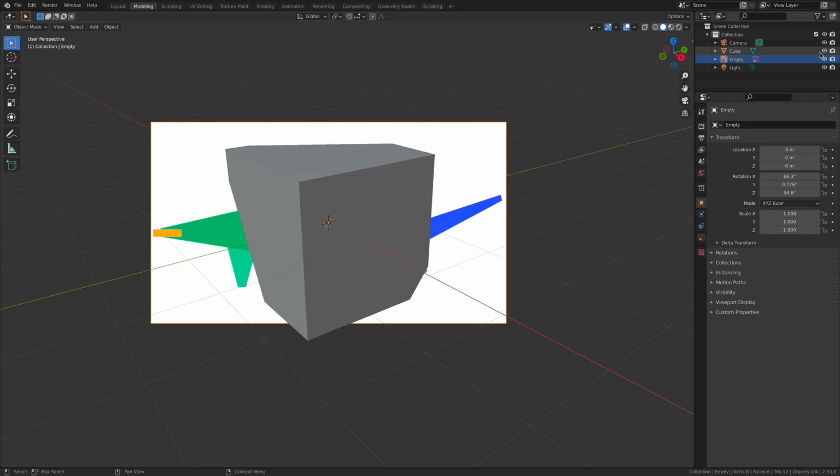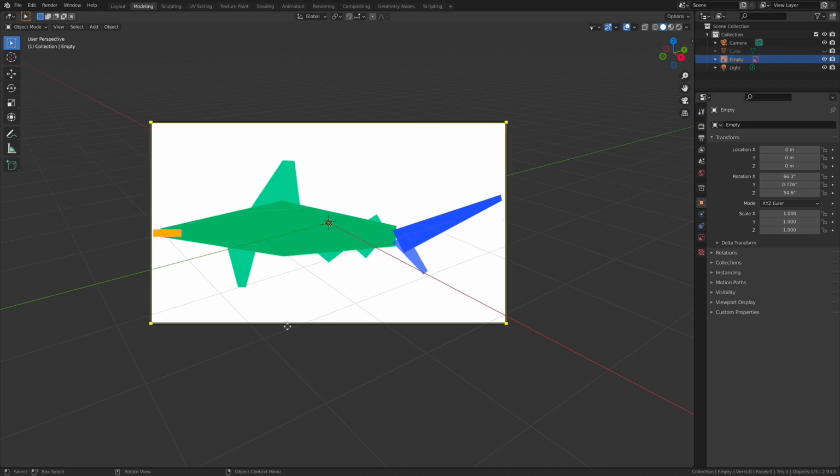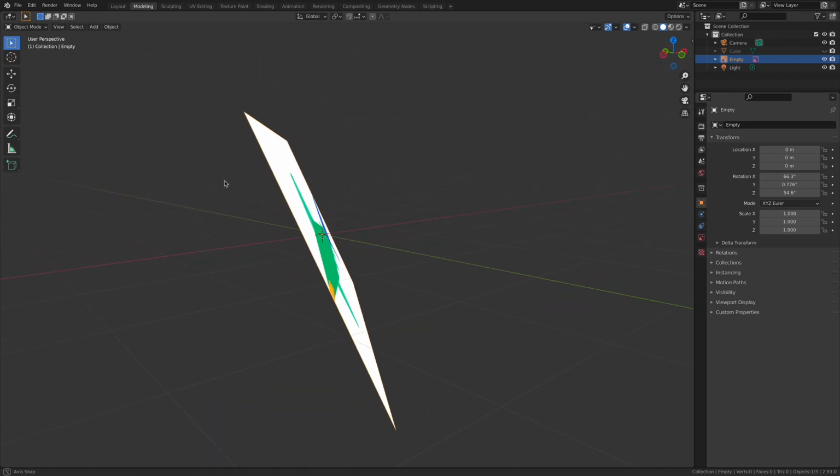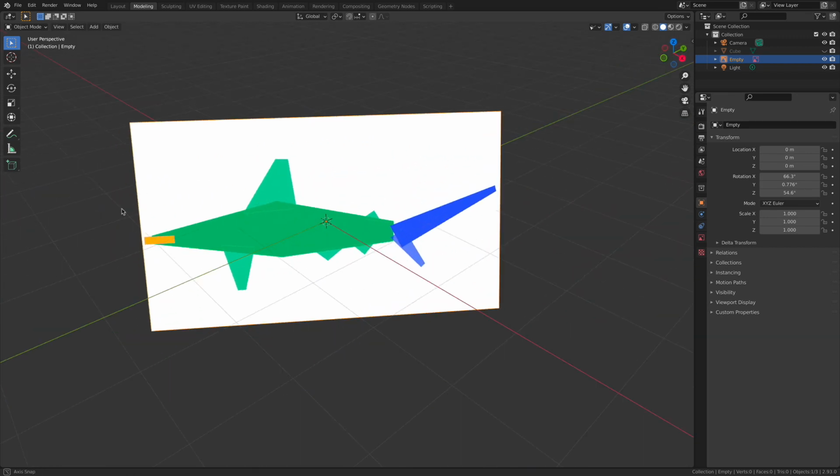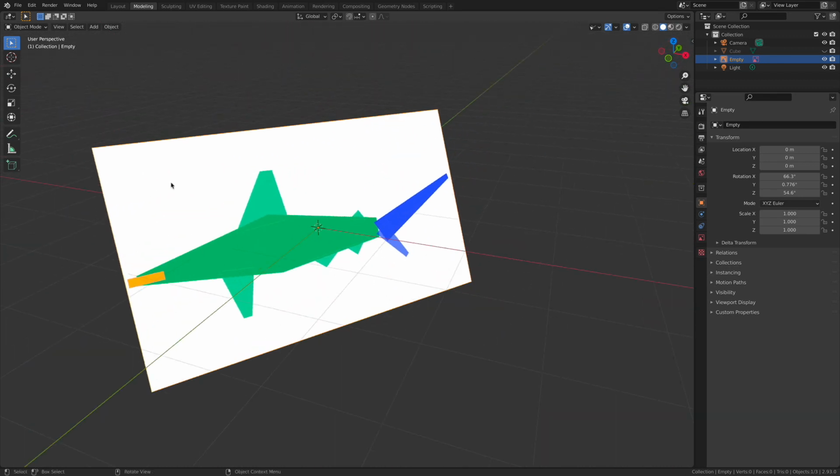Let's turn off my cube so you can see it real fast. And there it is. There's the basic drawing of my shark that I've made and I've given to you guys. But when I load it in, check it out. It's been aligned to the screen space, the orientation of the frame of my computer, my viewport, and not necessarily to my scene space, as it says. It's at this weird angle. And that's by design. Blender is going to do that.